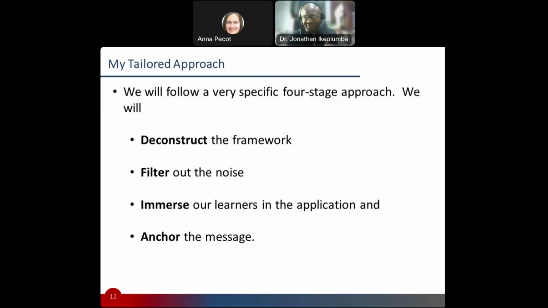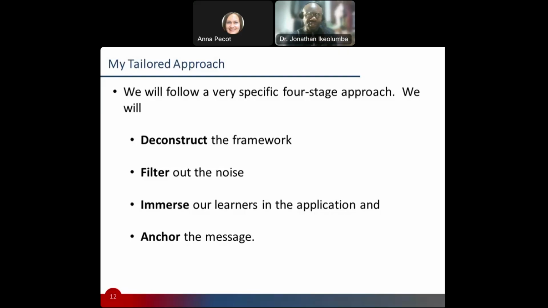I saw someone say from the unknown to the known. Someone says I get a sense of what they want to understand before I get into the technical concept. I think all of what you've said is very synonymous with what I've shared. So the first thing is to deconstruct it, meaning break it down into very simple, easy terms for them to understand. The next thing, after we've done that part around the technical side, is to filter out the noise, meaning focus on the things they need to know. That's what I mean by filter out the noise.